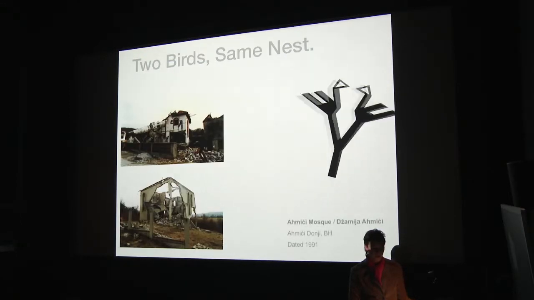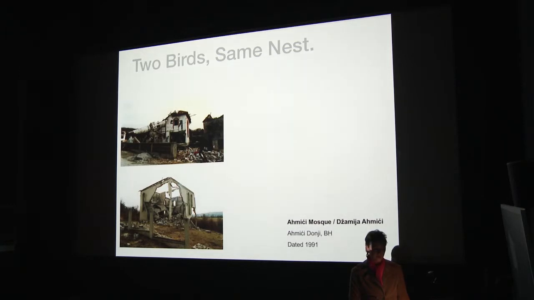This is a story of a bird, two birds in the same nest in the village of Ahmetci, where 116 Muslim inhabitants were killed in a single day by the Croat forces that raided the village. And the imam was crucified at the door of the mosque, and the destruction and also this killing, of neighbors really doing this to their own neighbors, was so heavy and traumatic that after the war, when the